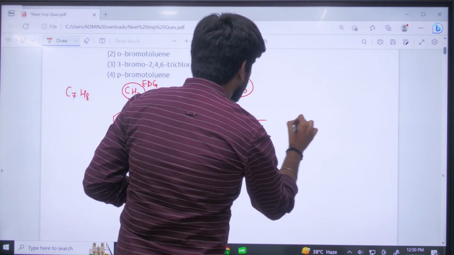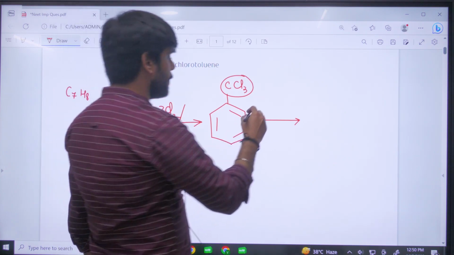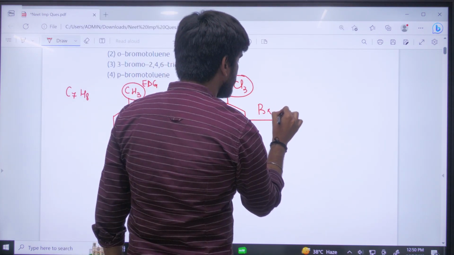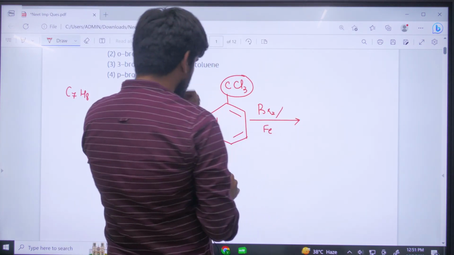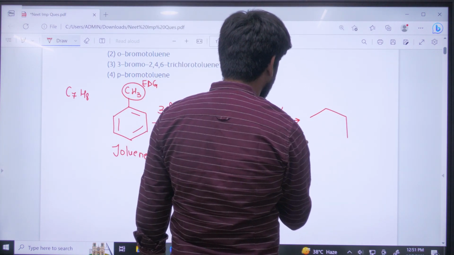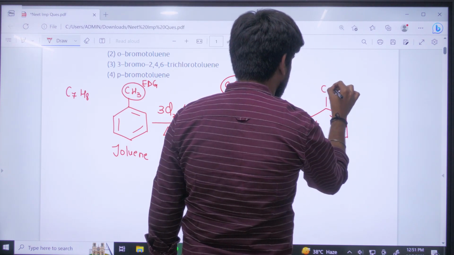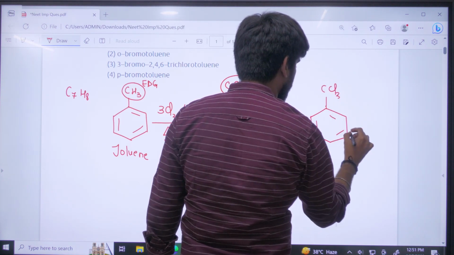So you know that this CCl3 group is your meta director. So bromination in the presence of some Lewis acid, for example FeBr3, gives you the meta product like this,